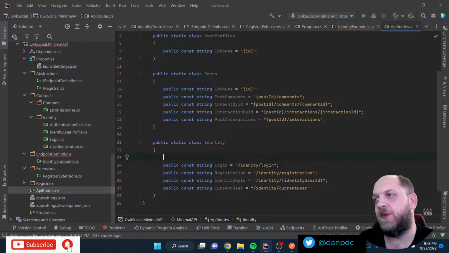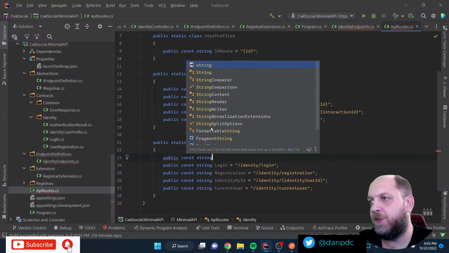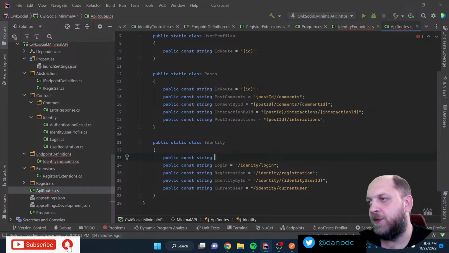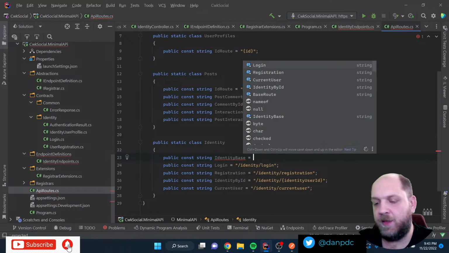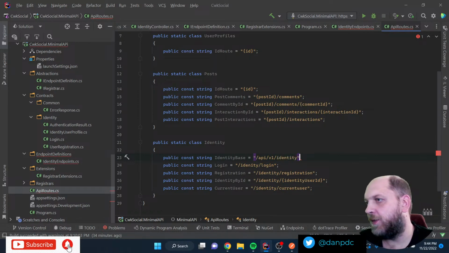For each such nested class, we'll have a public const string, and let's call this identity base, and that one would be slash API slash v1 slash identity. That's it. And then it means that we can just remove all this stuff here. We can remove this one. We can remove this one.